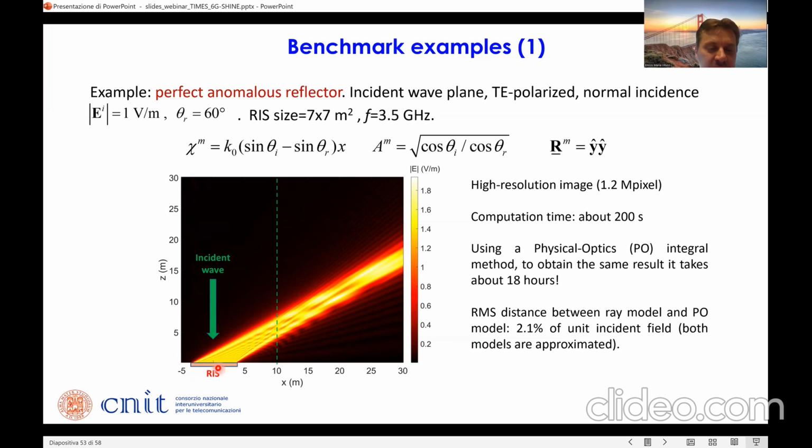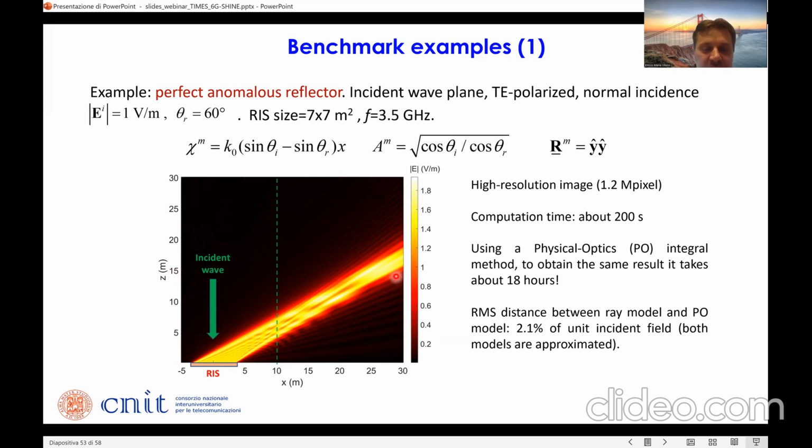So we can see in this plot that the RIS has a size of 7 by 7 square meters. It is centered at the origin of an XY reference system. It's laying on the XY plane. And we considered as a benchmark a grid of receivers placed on the XZ plane